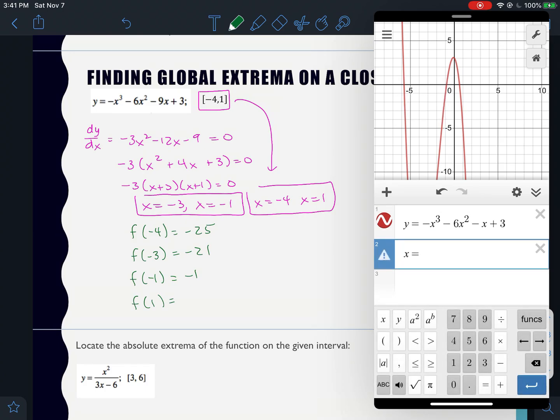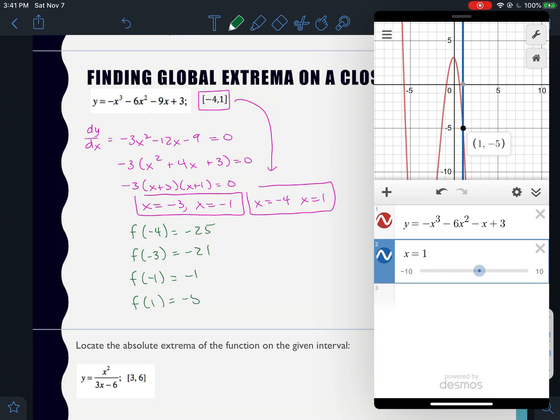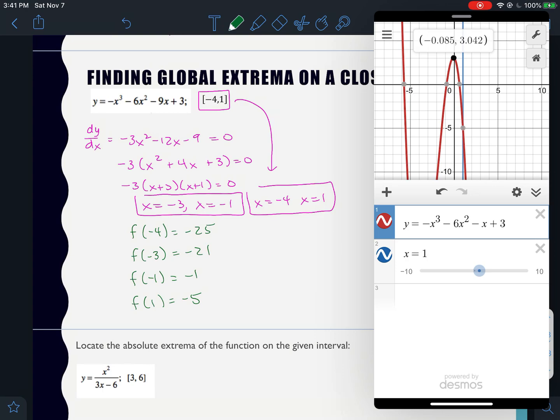Nope, sorry. When x equals negative 1, I get negative 1. And then when x is equal to 1, I get -5. So the biggest between -4